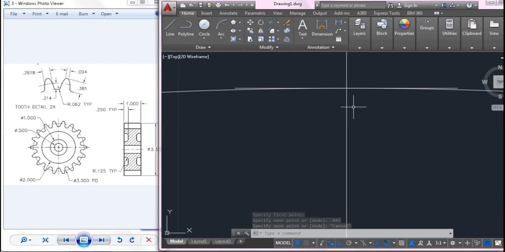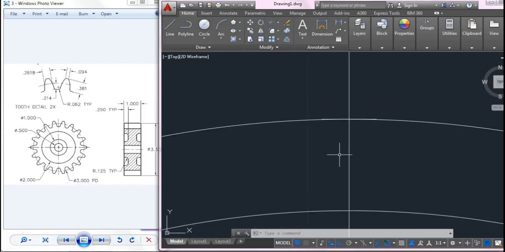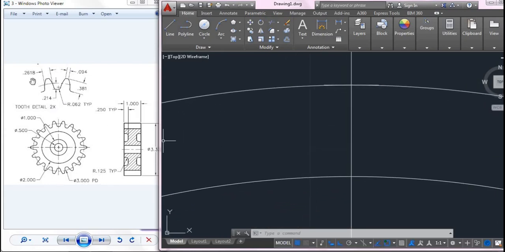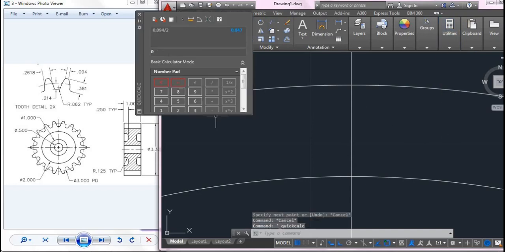Is it visible? Yeah. Then now we will be drawing 0.2618, that is from the center line, that is from this line. So I will be calculating again, Control 8, here 0.2618 divided by 2, that is 0.1309.